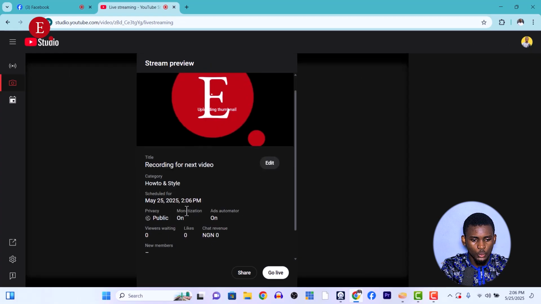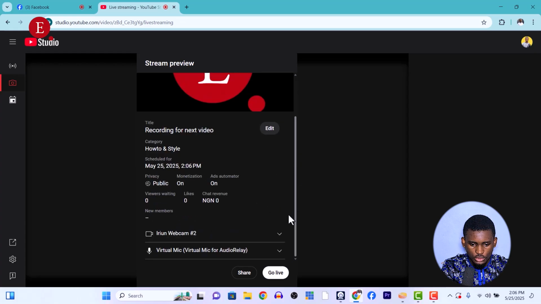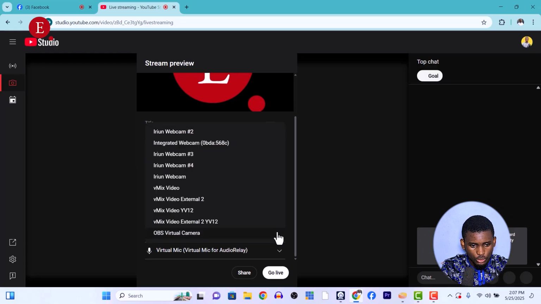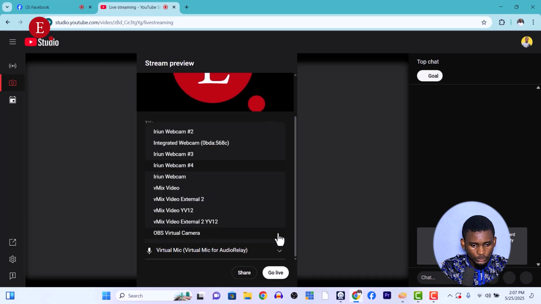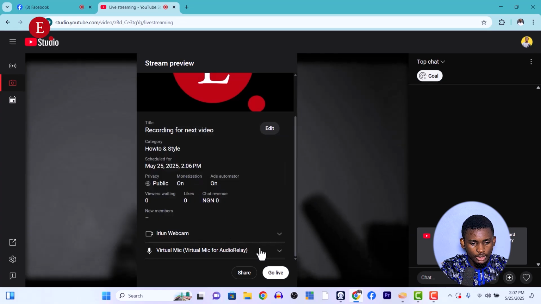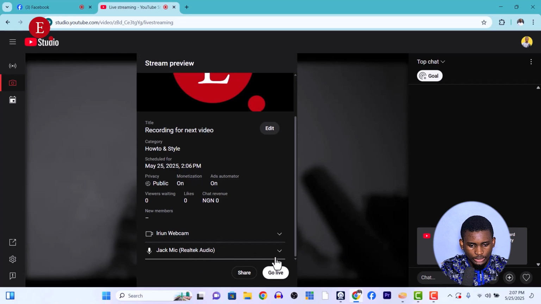Then we're choosing which webcam you want to use, since now the old title and everything is there. We want to use our Era webcam one, which we're also using for Facebook over here, right? So click on Era webcam one. Yes, this is over here. Then for the audio, we click on the jack audio and click on go live. But I don't want people to see it, so